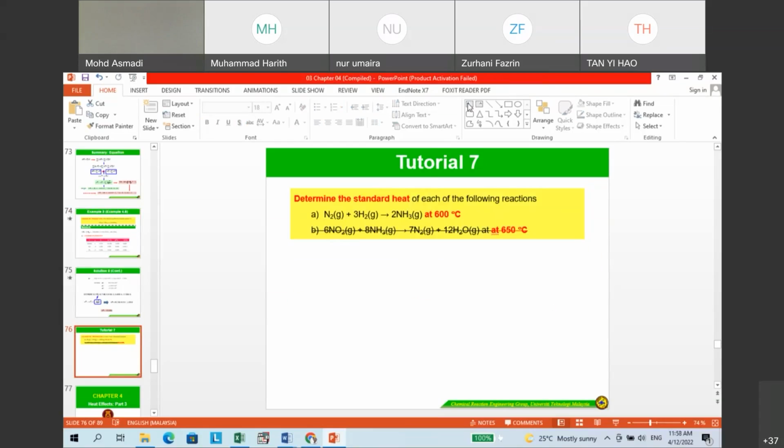So if you look here, what you have to do, what's the equation? Delta H, right? Delta H not equal to